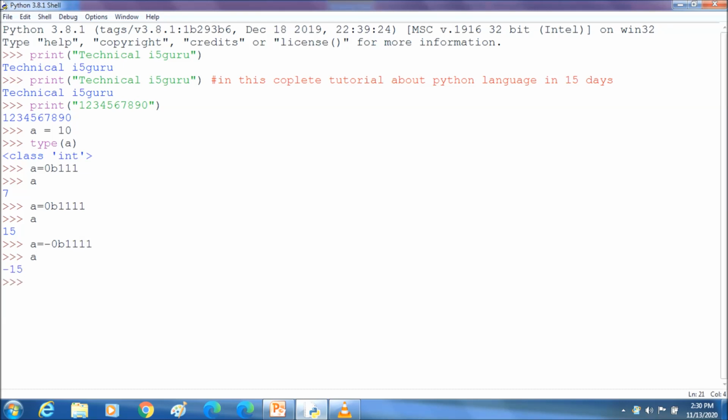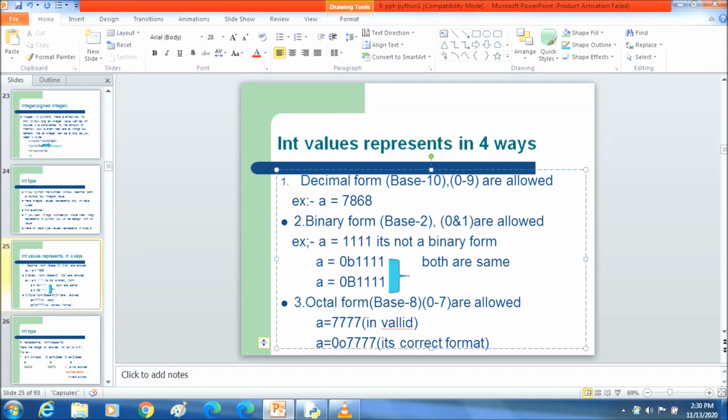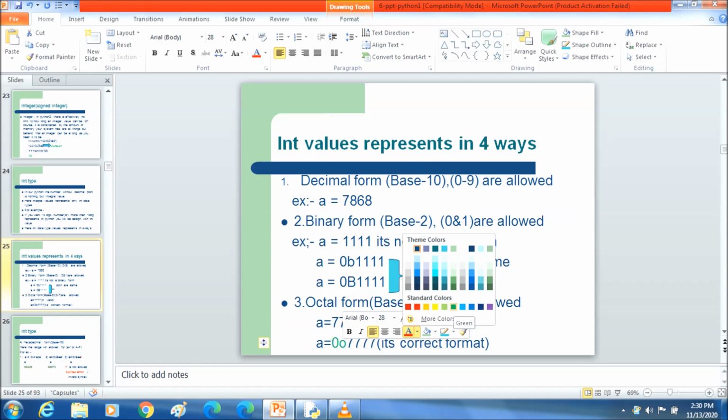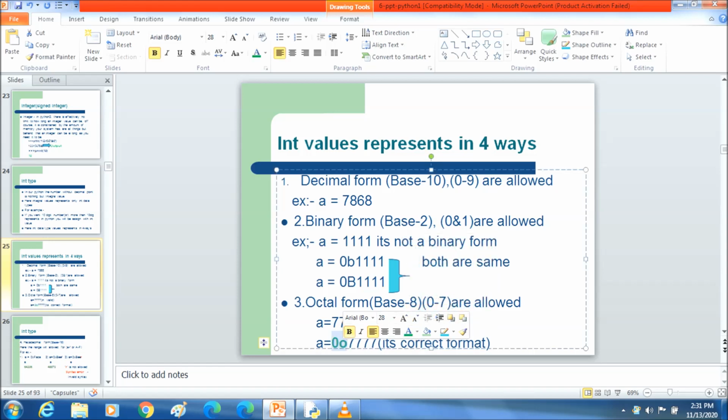Going to octal. Octal base is nothing but 8, which means 0 to 7. a equal to 777. How do we represent an octal value here? It's very simple: a equal to 0o777, that is, 0 followed by either a small letter o or a capital letter O. Here, O is treated as an octal number.